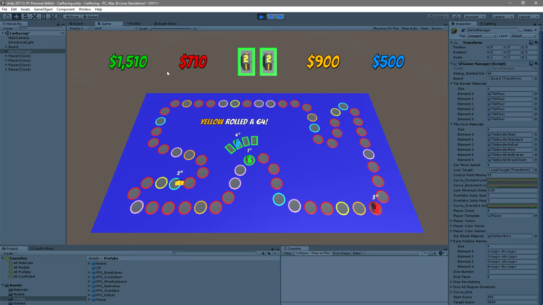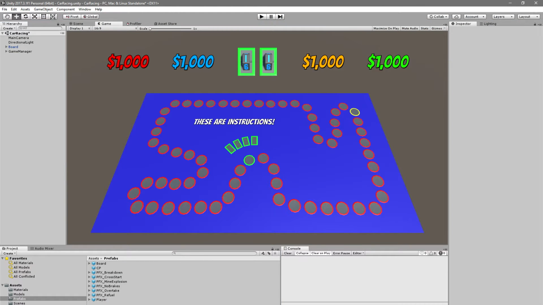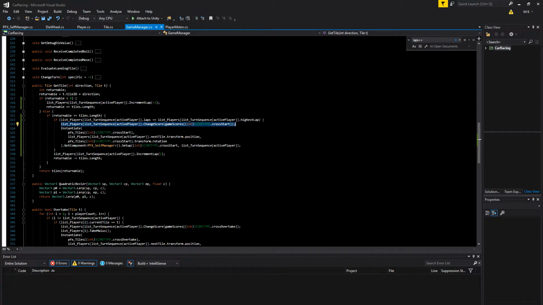It doesn't look obvious. Okay, so let's take a look at our green here. You see, highest lap 1, laps 1. Uh-oh. Laps has not been updated. Uh-oh. We need a debug, I think. I think I know why. Because that happens in overtake. So this particular thing here